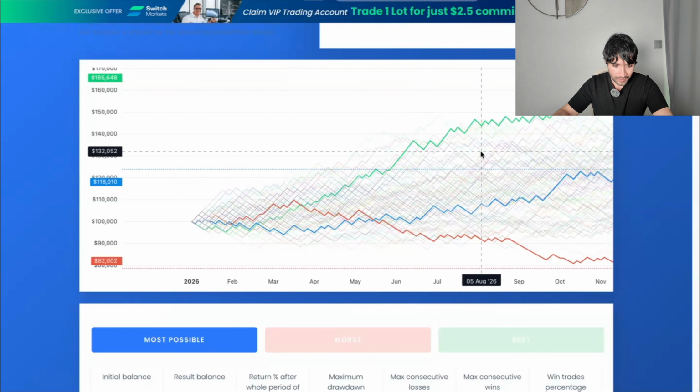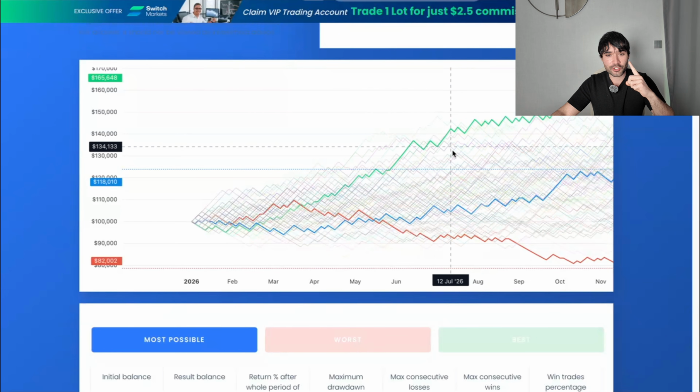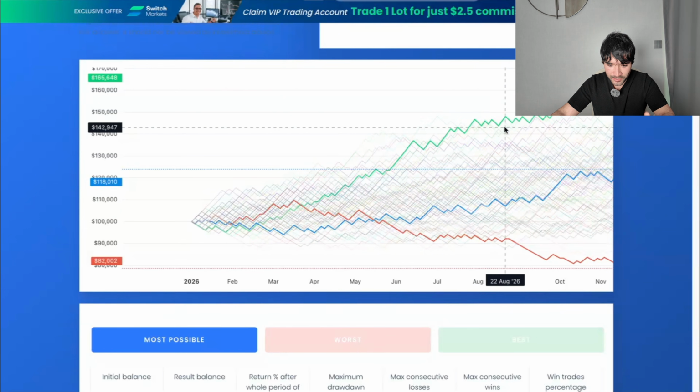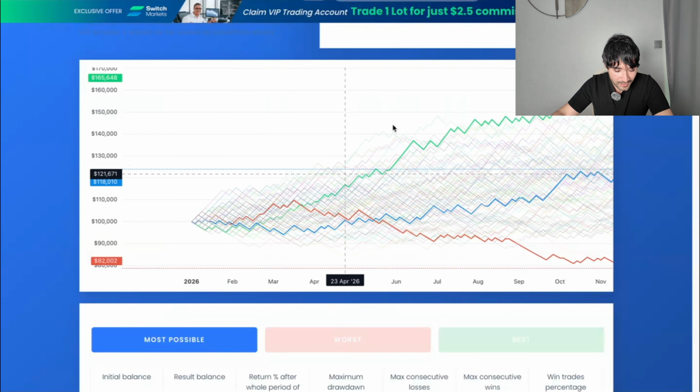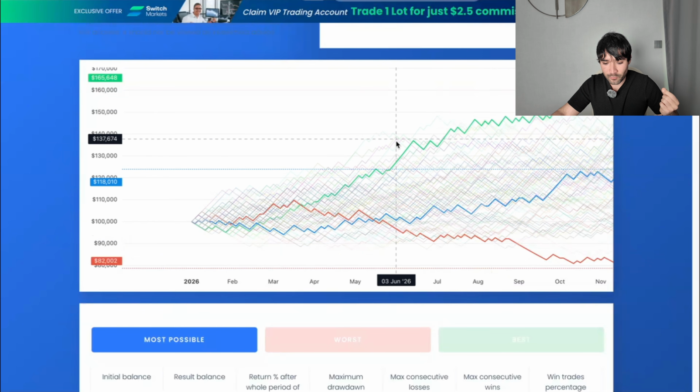You're gonna face periods of drawdown, you're gonna face losing streaks, and heck, you might even have a losing year. But that is the truth about trading that none of these gurus are telling you, is that trading is not a straight line up. It is literally this, what you're seeing on screen. It is a period of winners, it is a period of drawdowns,